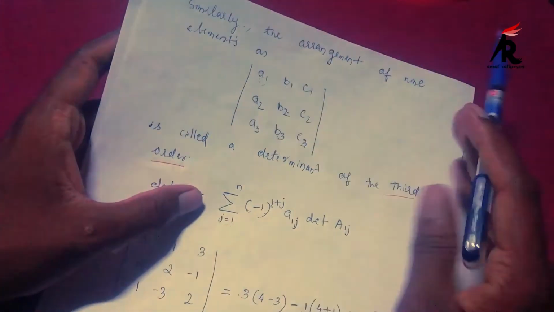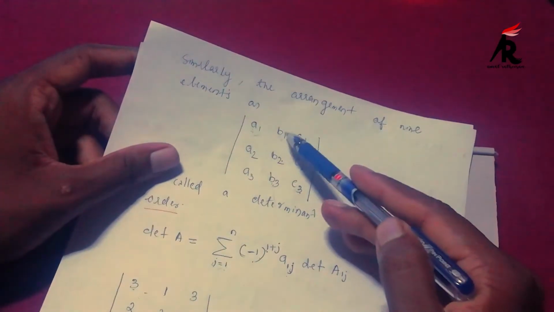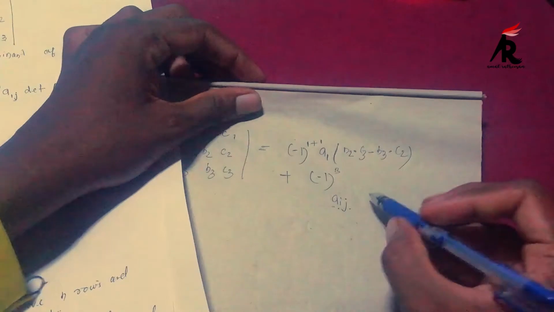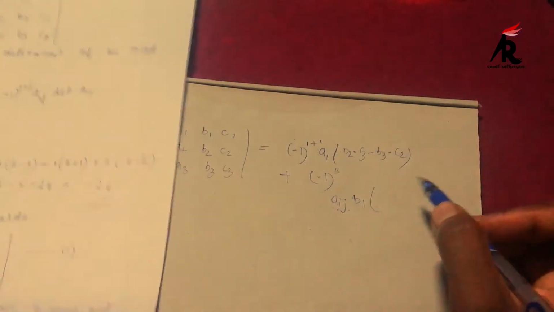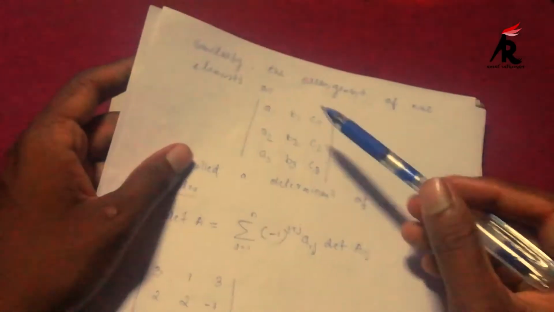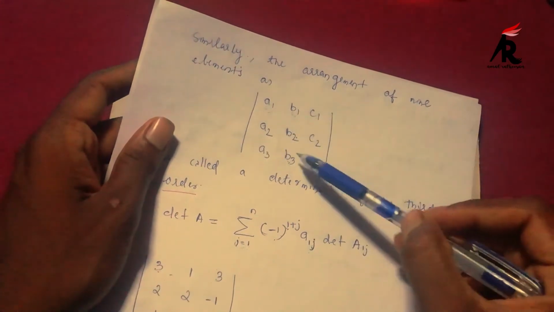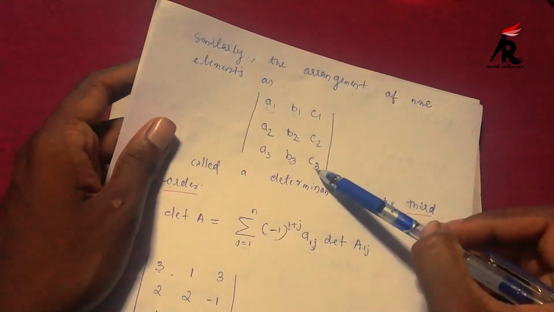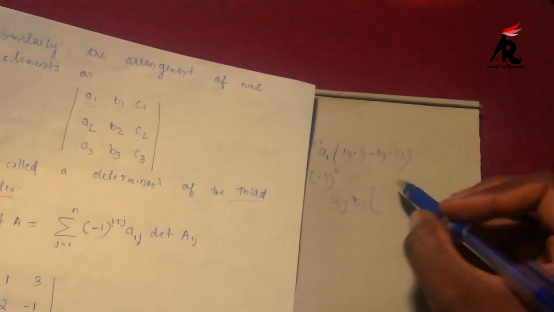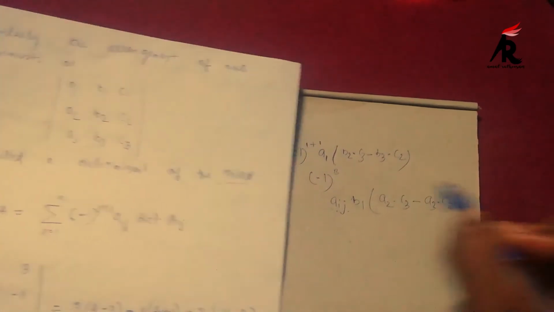A12 is b1. A12 means the element in the first row and second column is b1. Here we write b1 into the determinant of the minor. What will that determinant be? We have to eliminate the row and column of b1, and what remains is 4 elements, and the determinant is a2 into c3 minus a3 into c2, plus